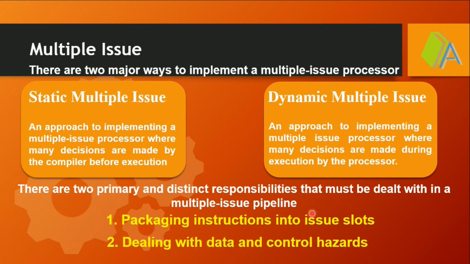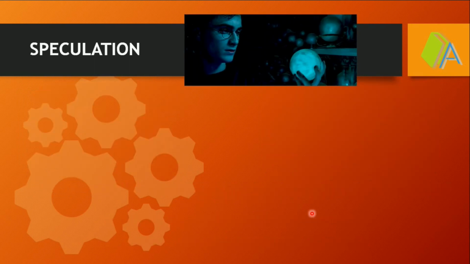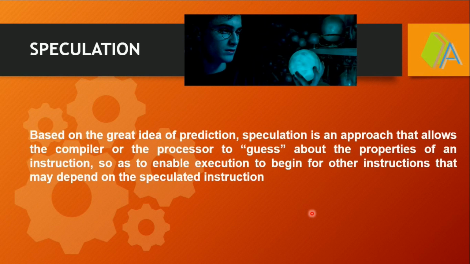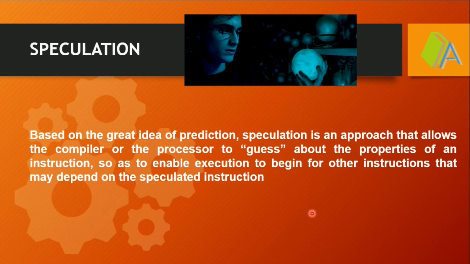Second one is that even though we are utilizing the advantage of pipelining, all the problems associated with pipelining will be present in instruction level parallelism. So we need a mechanism to deal with data hazard as well as control hazard. We don't need to bother about structural hazard. Speculation is the method adopted by both static and dynamic issue processors. In a static issue processor, the speculation is done even before execution. In a dynamic multiple issue processor, the speculation is done during runtime.